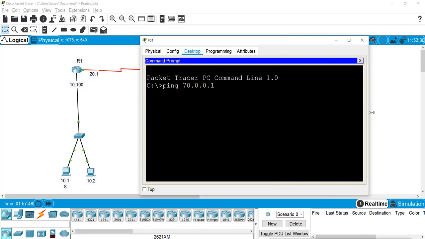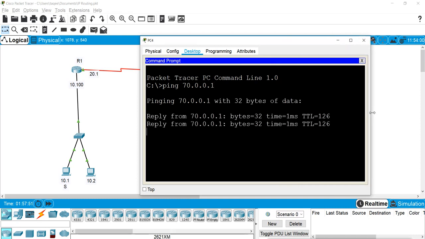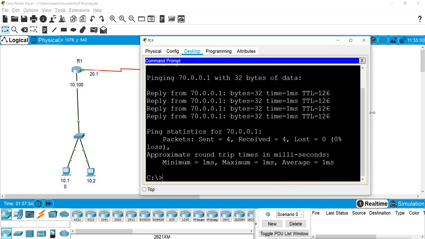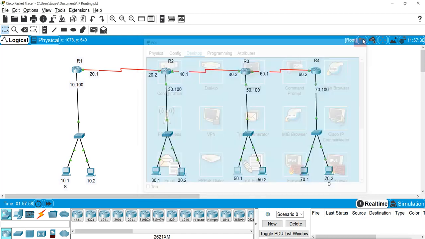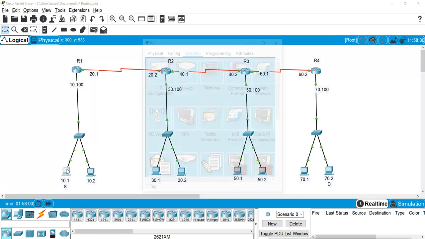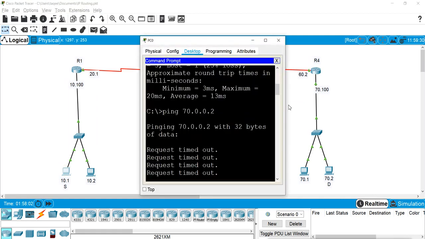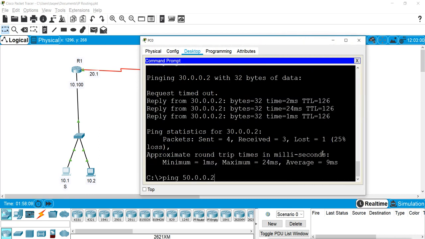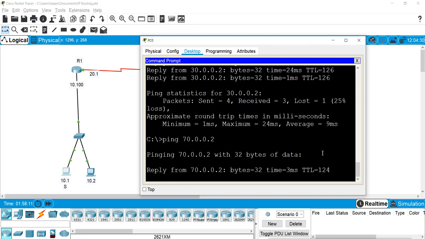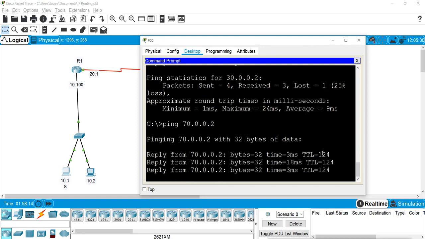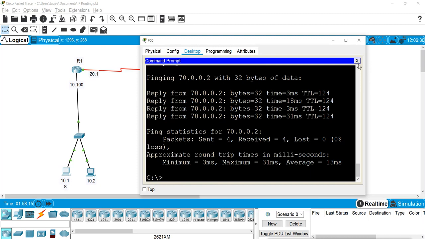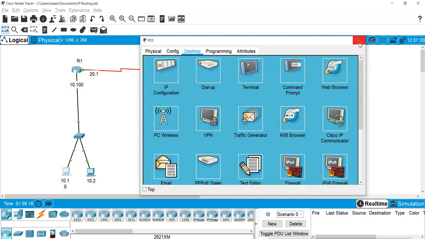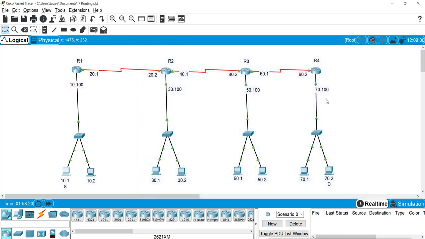And we can see these machines can still access network 70, but after I apply the list, they will not be able to access it. This one is still accessing also, because we have not applied the list yet. So it is still accessing, but after applying the list it will not access. Now for applying the list, as I said, we apply it nearest to the destination, that is this interface.